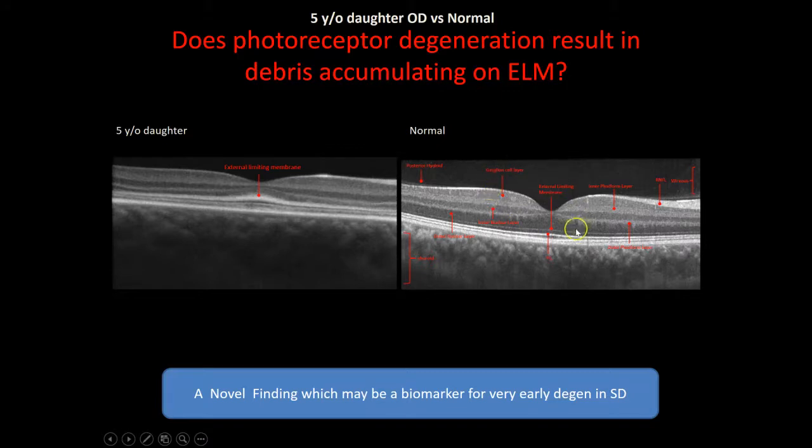Here's a normal OCT, and here's the 5-year-old with a very, very thickened external membrane. And now we know, based upon some studies that were done afterwards or more recently at Columbia University, that Stargardt's patients do have this thickened external membrane when you compare it to a normal. And we now know that this is a novel finding, which is a biomarker for very early degeneration in Stargardt's